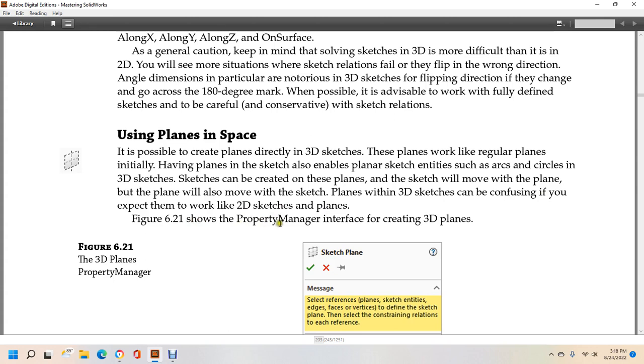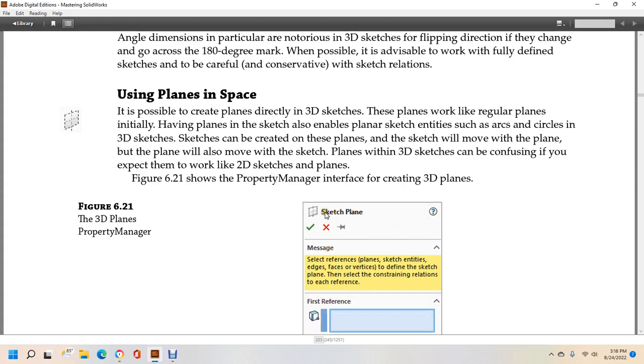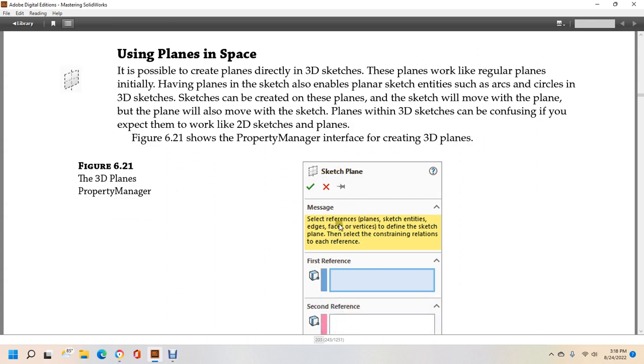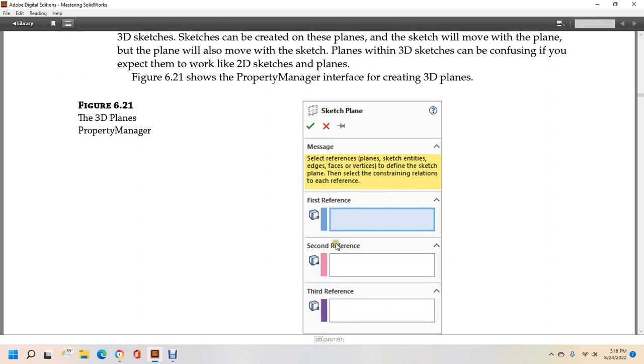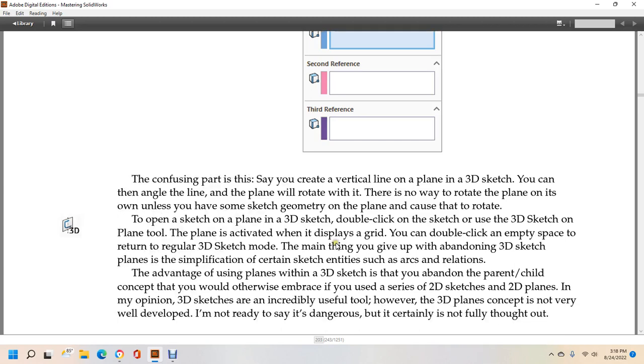Figure 621 shows the PropertyManager interface for creating 3D planes. So it shows you how to create the sketch plane. In the 3D Planes PropertyManager, select the reference plane sketch that needs edges, faces, or vertices to define the sketch plane. Select the constraint relations: first reference, second reference, third reference. The confusing part of this is